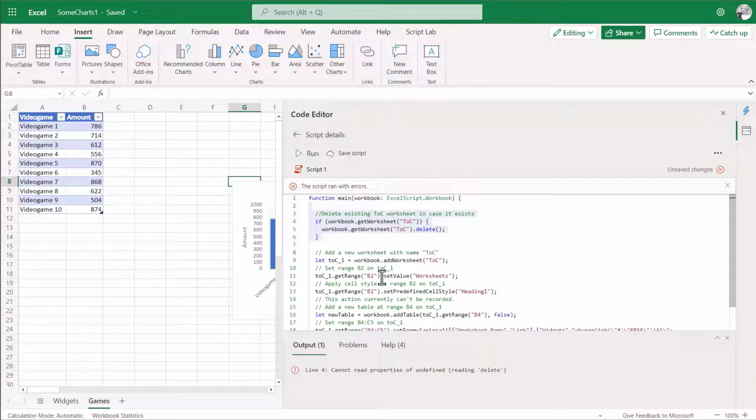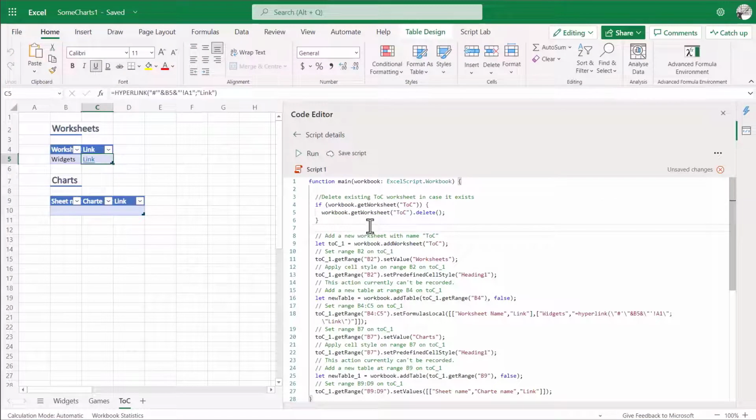So a structure like this allows you to test whether a worksheet exists, and it simply consists of an if statement that says, if this is true, then the worksheet exists. And so if it exists, I simply delete it. So that's sorted. We deleted the TOC sheet if it's there, and then we add a fresh TOC sheet using